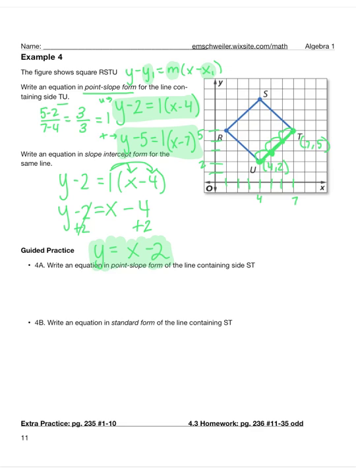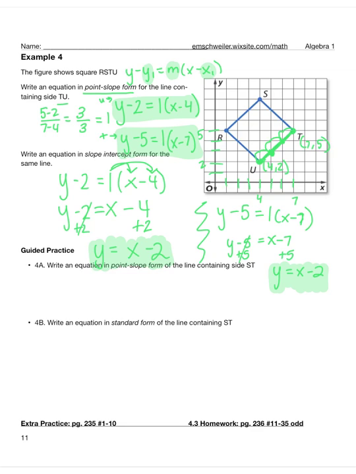Now, I just want to prove a point to you. If we also chose the other one, we would still get the same answer. So distribute, and you're going to get x minus 7. And then we add 5 to the other side. And we're going to get y equals x minus 2. So same thing again. So that's just to show you it doesn't matter which one you choose, because